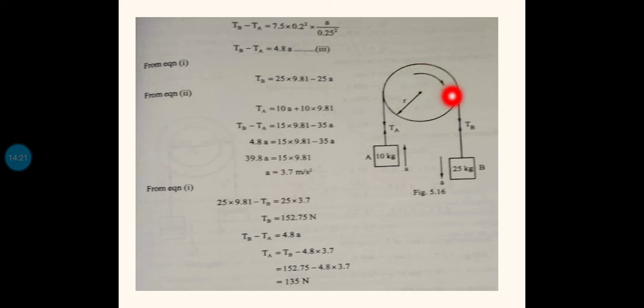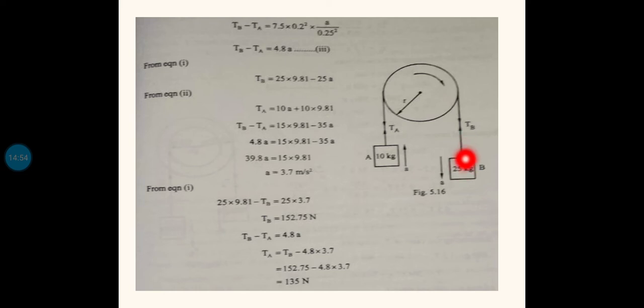This is the direction of motion of the pulley, and the mass of the pulley and diameter, everything is given. As you can see, since weight is attached at this point, there will be a tensile force TB. Since the weight is B, a tensile force TB will be acting in the upward direction at this point, and at this point the same TB will be acting in the downward direction. See, tension on this string on both ends will be opposite in direction. If one end is upward, the other end will be in the downward direction.